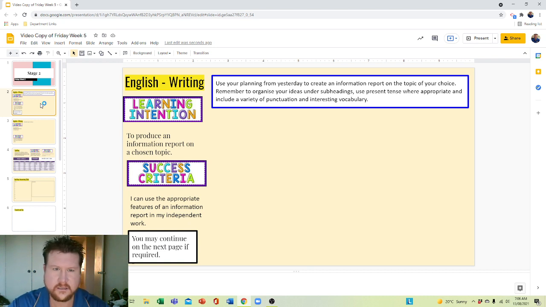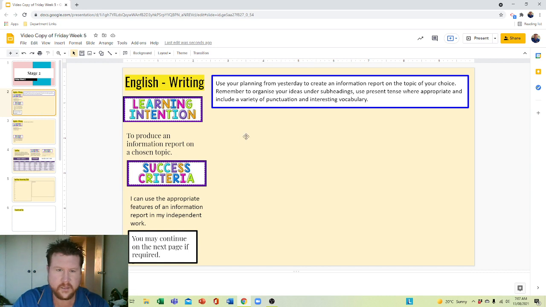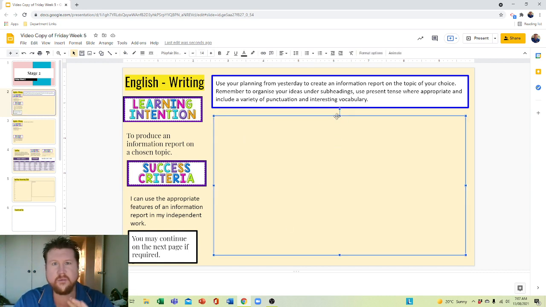English writing. So, you're going to produce an information report on your chosen topic. I can use appropriate features of an information text or an information report in my independent work. Okay, it says down here, you may continue on the next page. So you have 2 pages to write this on. And if you need,